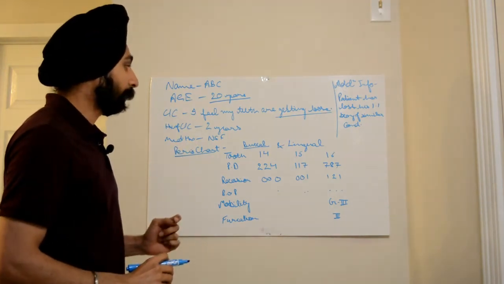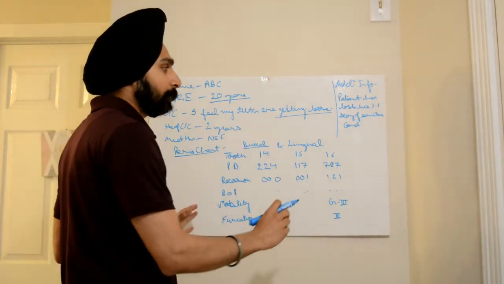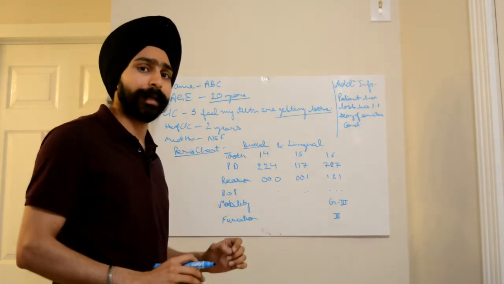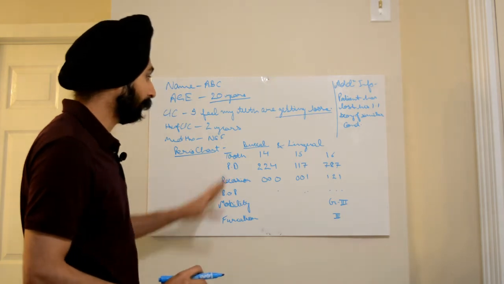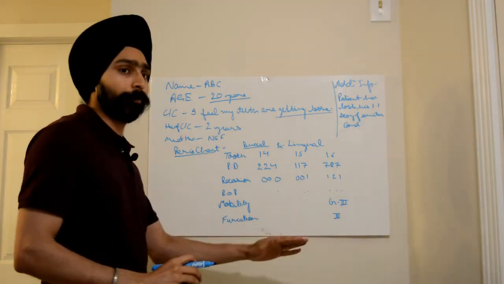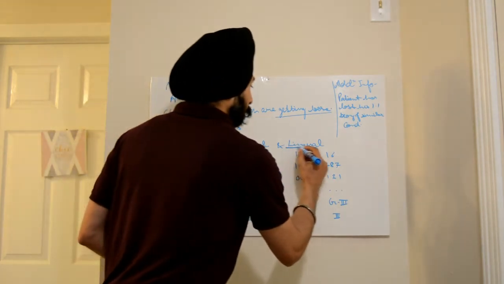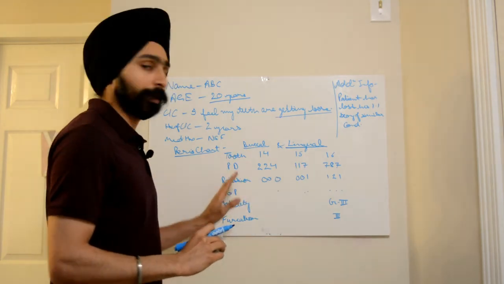In the perio chart, buccal and lingual. Since I had less space on my whiteboard, I have written here buccal and lingual, but in exam you always have first readings pertaining to buccal and then lingual. So just for the sake of ease, consider that this perio chart is the same for